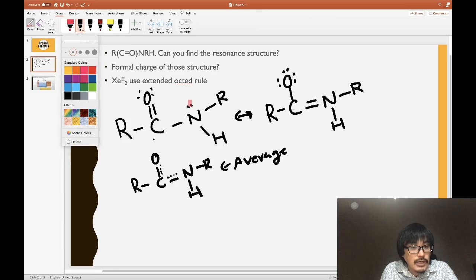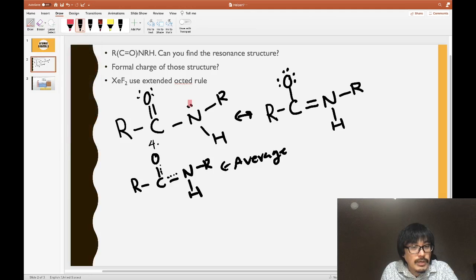So for the carbon, it's 4 minus 4 arm, 0 dot, so that's 0, right? For this one right here, 6 minus 4 dot minus 2 line, that's 0, right? And then the nitrogen is also 0: 5 minus 3 line minus 2 dot, that's also 0, right? So for this particular case, everything is 0, but for this one,